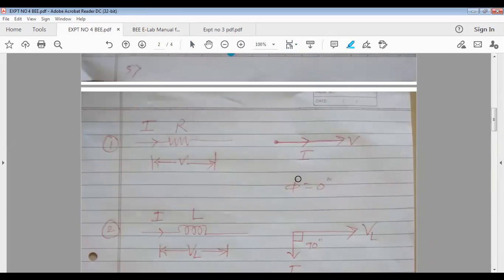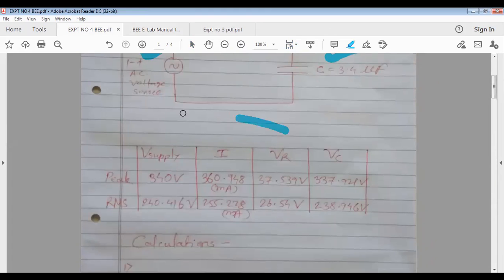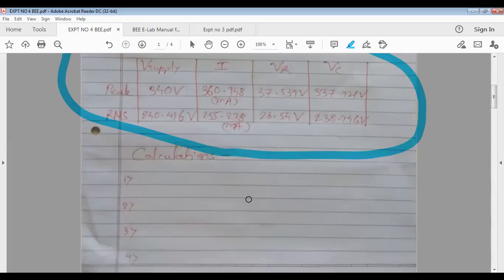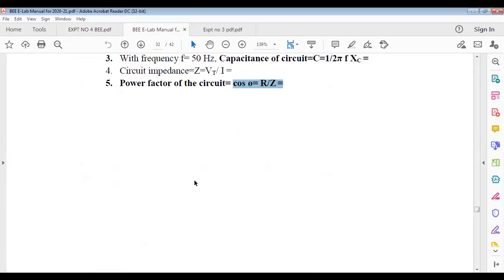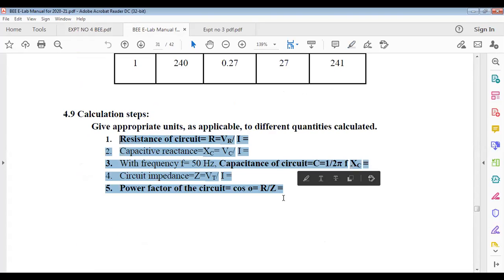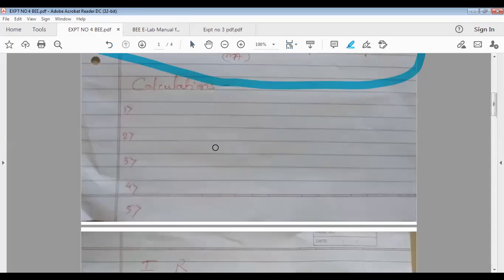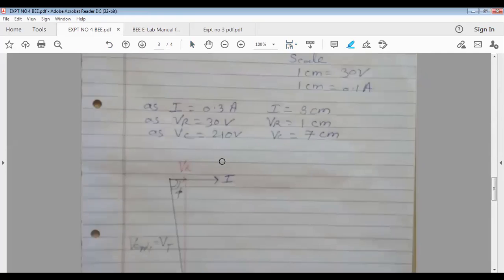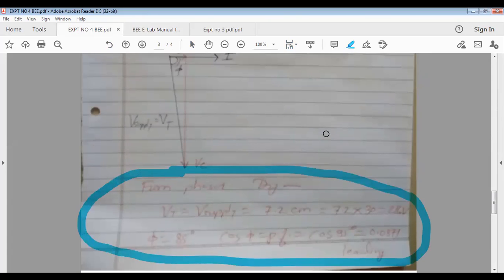This is about the AC circuit. In the Google form, I'll ask you for the value of R, C, and the voltage RMS value. Then I'll ask the RMS values of these parameters. Then I'll ask all the values you have calculated, like R, XC, Z, and cos phi. And then I'll ask how much value you got from the phasor diagram for supply voltage and phi or cos phi. This is for the AC circuit.